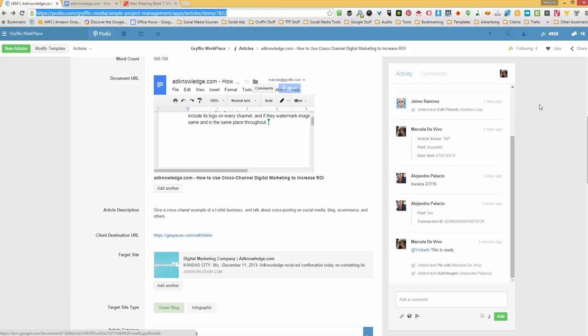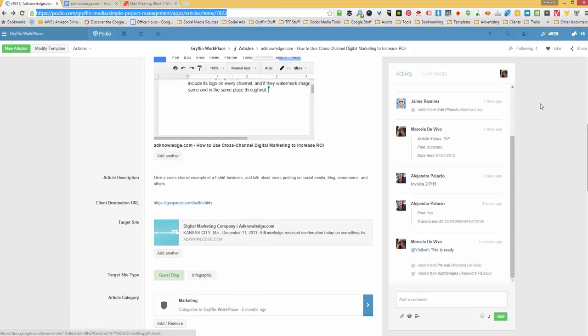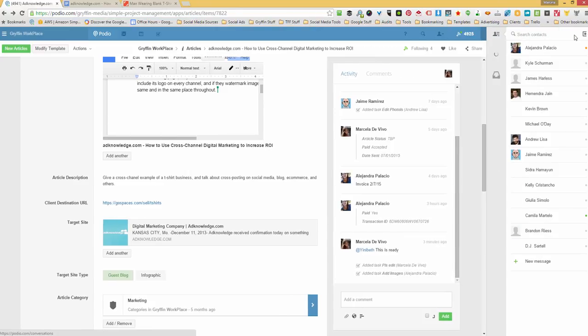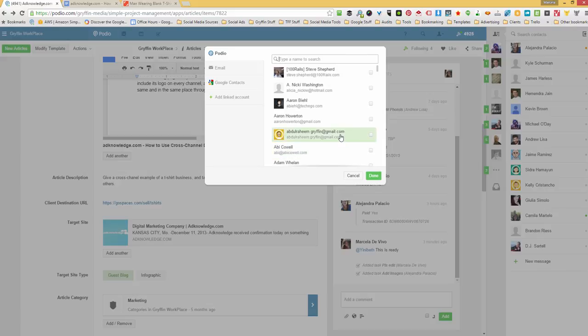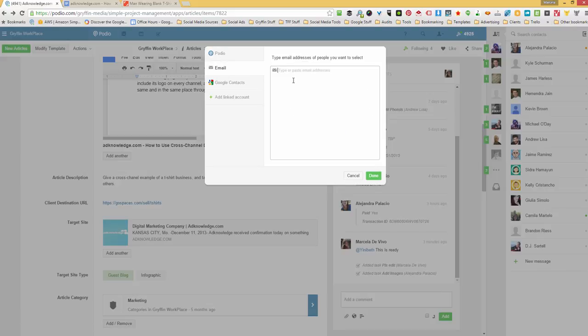And oh, and only one more thing. Sometimes when you have to message the editor or task the editor, it doesn't work. The way to make it work is you go up here to the top right where it says chat. I don't know if you can see my mouse, top right over here. You want to click on new message, and you need to know the editor or the person's email address. So you're going to go to email and you type it here, let's say